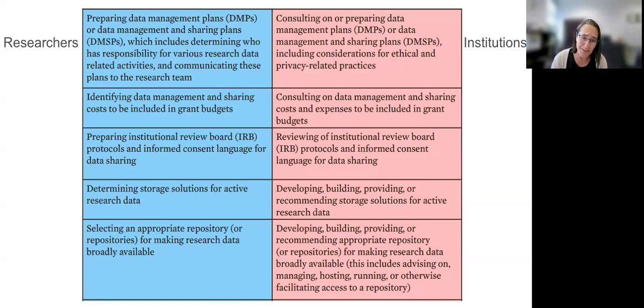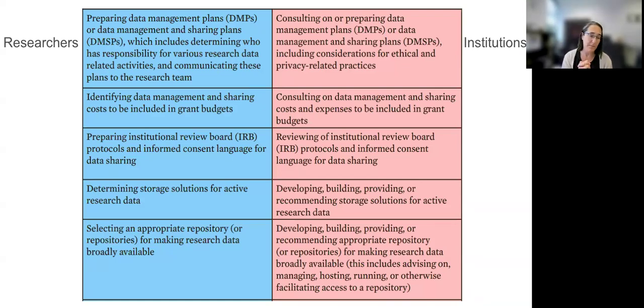Here are some examples of the activities in our current version of the activity list. You can see that we created a set of terminology that would resonate with researchers, on the left in the blue, as well as with people that are providing services, often university administrators and research service providers, and we're going to refer to that as institutional activities. In many cases, the activities were very similar, but one key difference is that institutional lists, the items as worded on the right-hand side of your screen in red, were mostly done in support of data sharing.